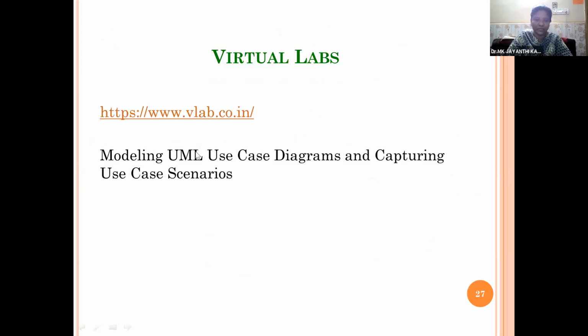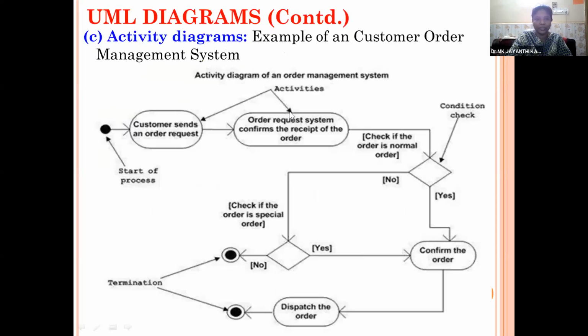By using VLab, we can create all the UML diagrams, class diagrams, use case diagrams, and state chart diagrams virtually. There they have the introduction, the various parameters, constraints, and how to use the various labels and diagrammatic components to draw the diagrams. We'll discuss this VLab after discussing the basic components.